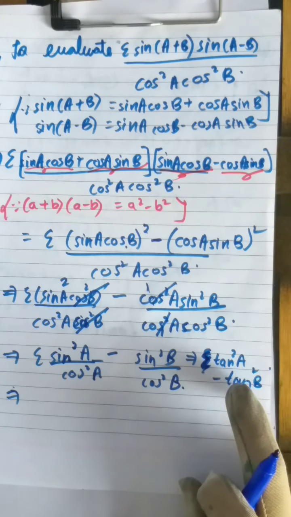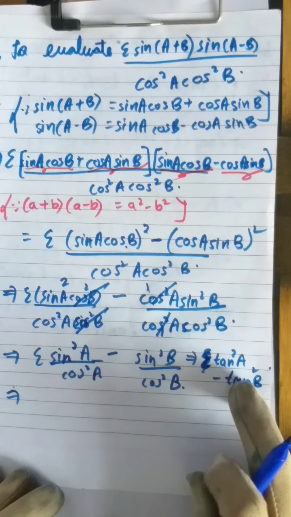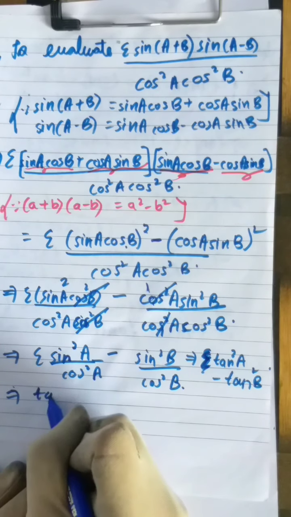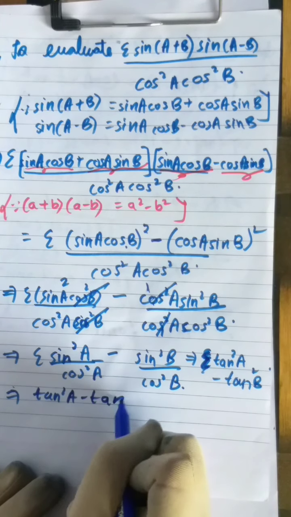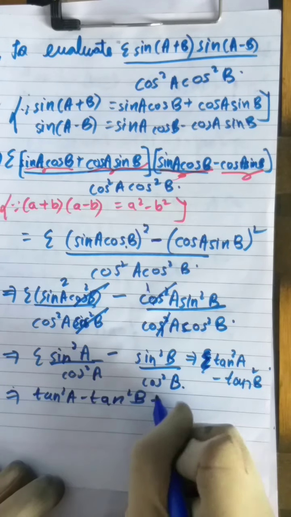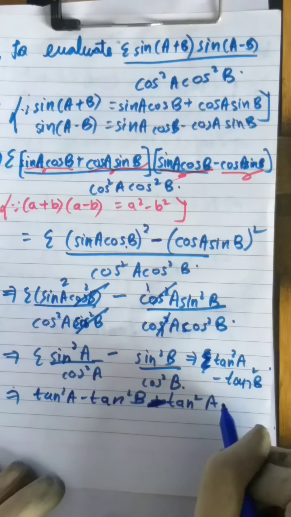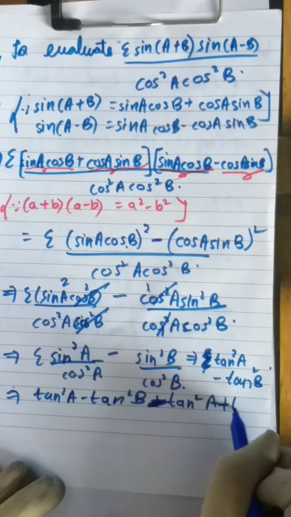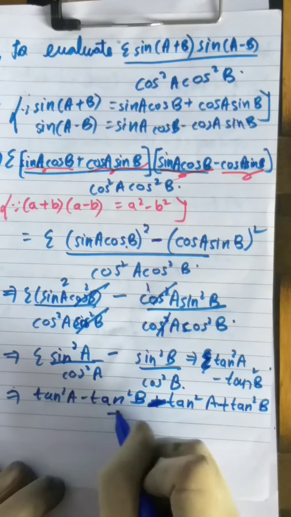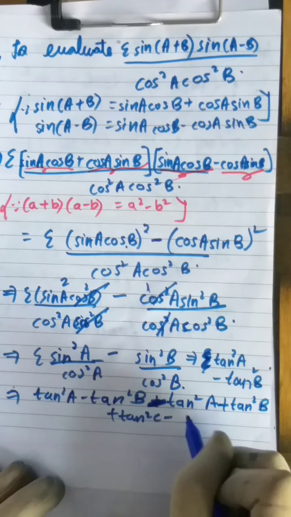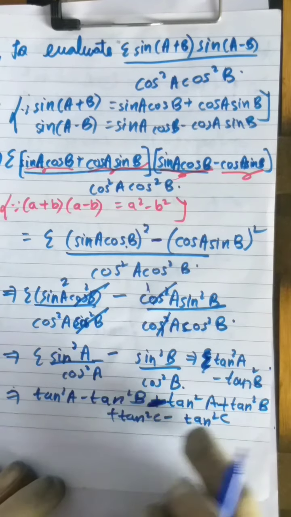And we already have minus tan square, we'll have plus tan square C, and minus tan square C also we can write here. So this is nothing but tan square A minus tan square B. I'm removing the summation sign and writing plus tan square A. Already I have plus tan square A, so here it is minus tan square A. Minus already I have, so it will be plus tan square B, and plus tan square C, minus tan square C also we can write because we don't have it over here. So both will get cancelled.